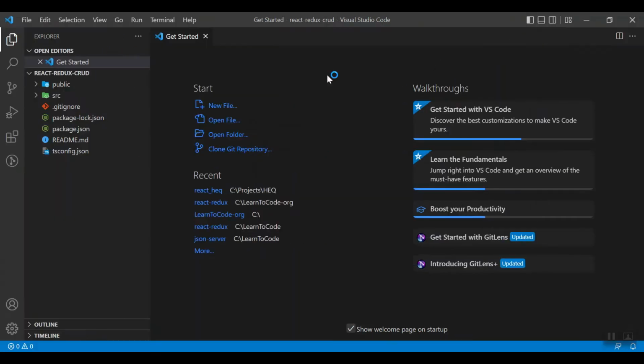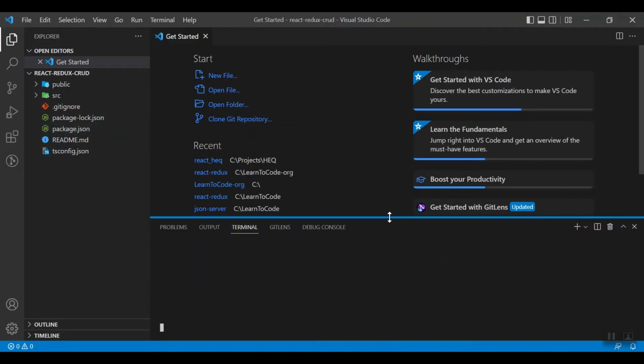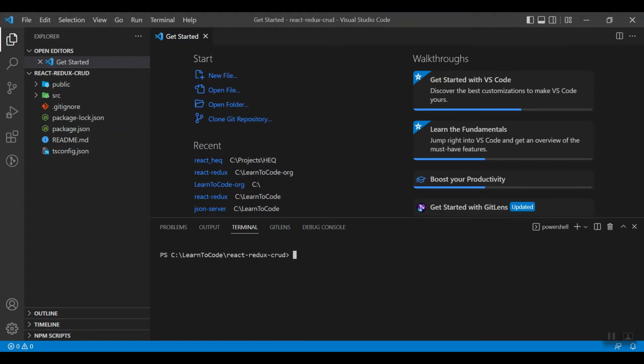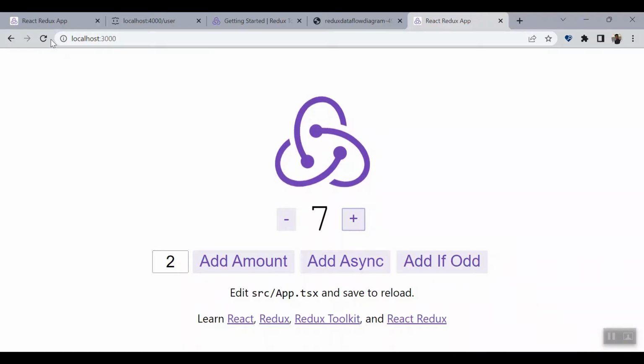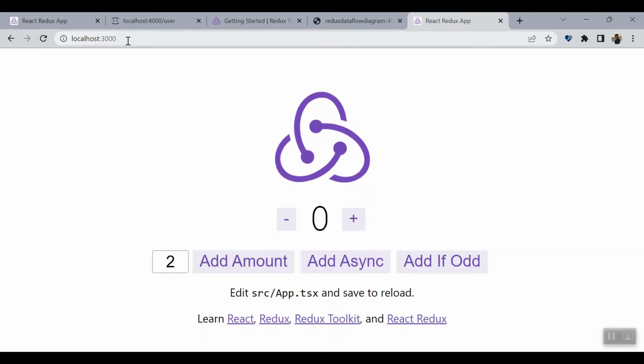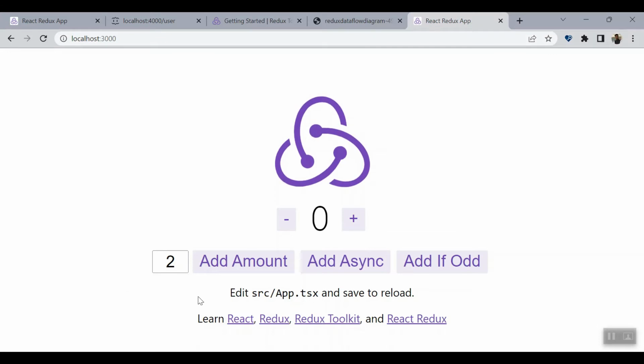Let's run this application first, then we will see what is there. npm start. Okay, so the application is loaded at port 3000